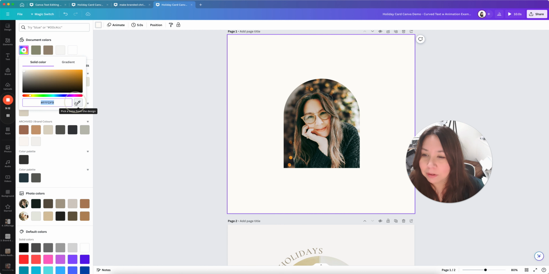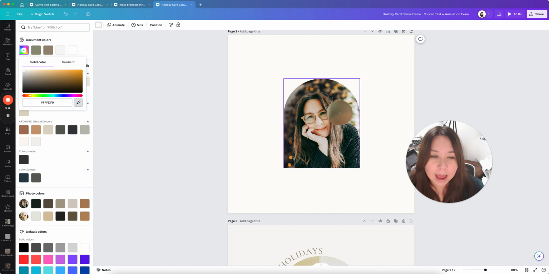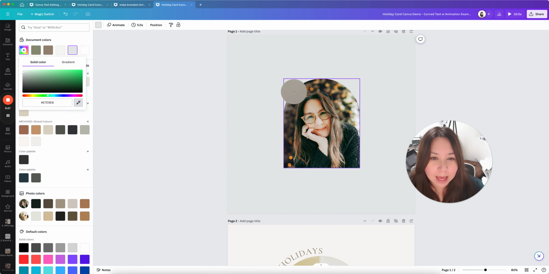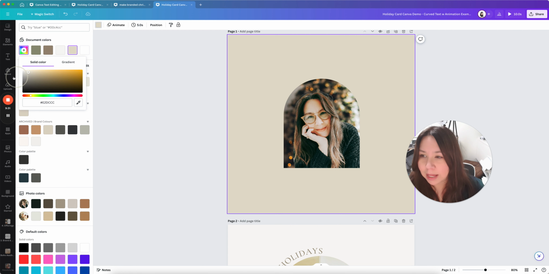I'm going to pick a color from the design, and now I can hover over one of the lighter parts of my image. As you can see, it made it a little bit of a light green. If I don't like that, I can use my picker tool again and find a new spot in the image. And if I don't like that color, then I can simply come back to my color